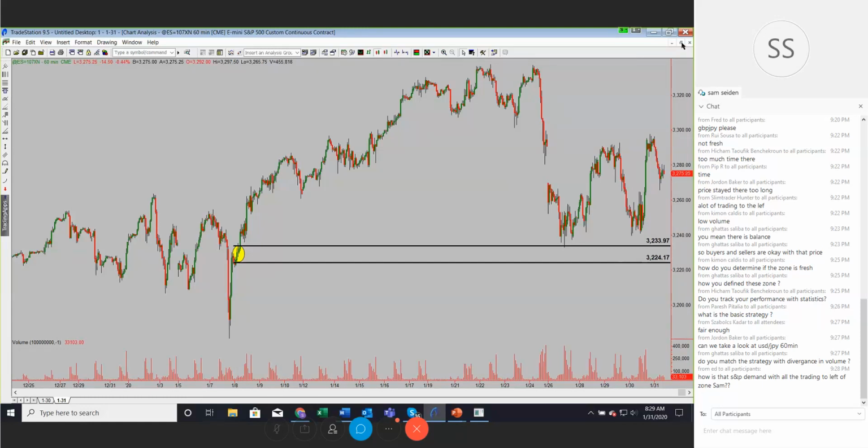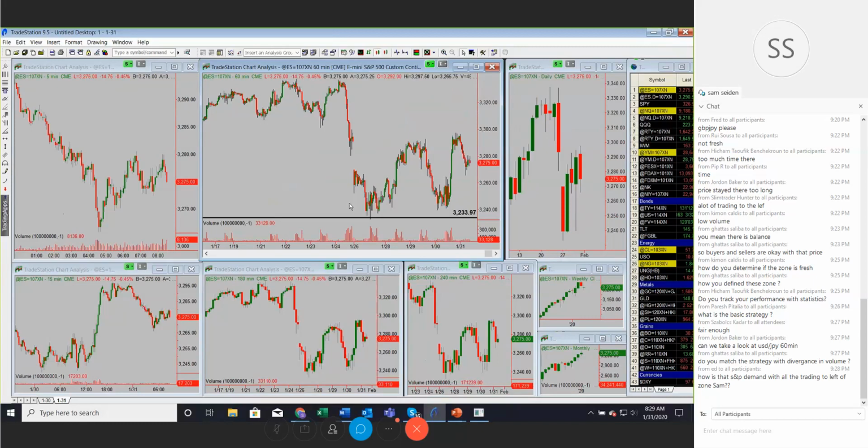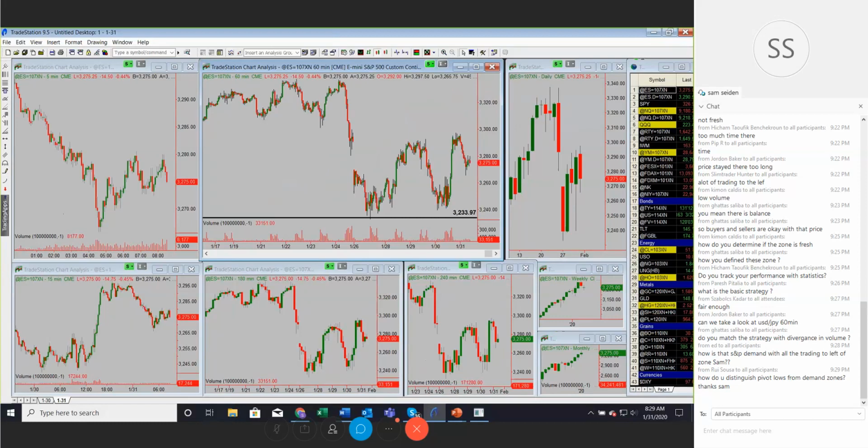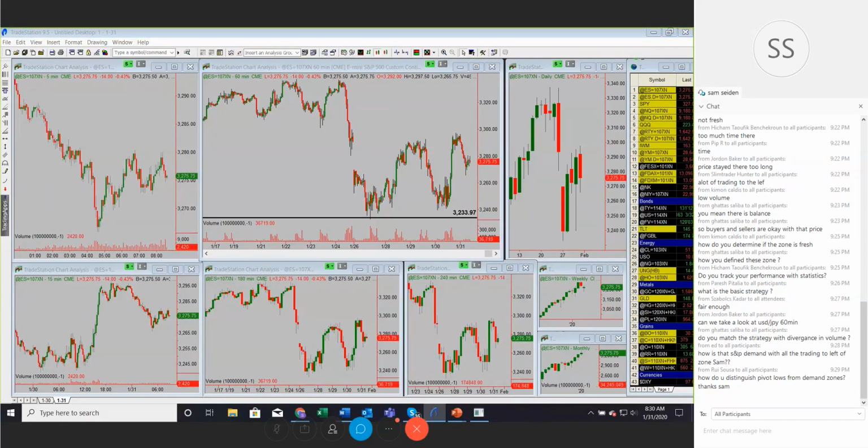So here's where we're looking in the S&P. There's other levels that we'll go over in just a minute. Let me just make sure I'm caught up with the chat. Yeah, the basic strategy, Paresh, right? Again, it's just pure supply and demand, looking at any and all markets and quantifying the supply and demand relationship based on the picture that represents that. Yeah, we can certainly look at the yen in just a minute. No, we don't really bring anything else into it like divergence or any of that stuff.